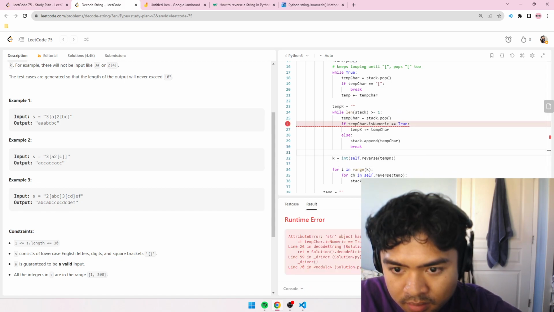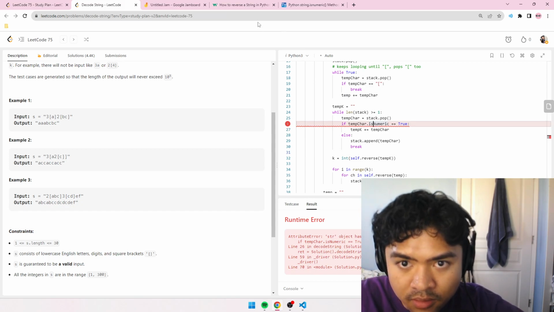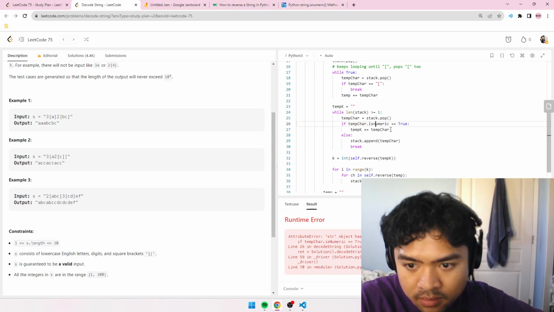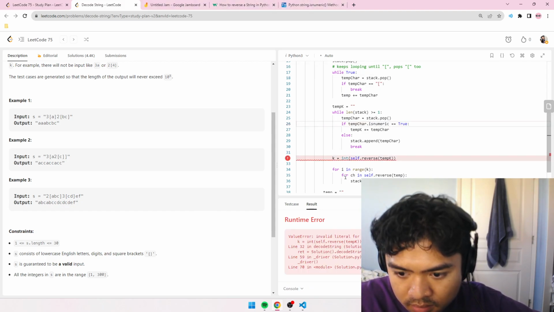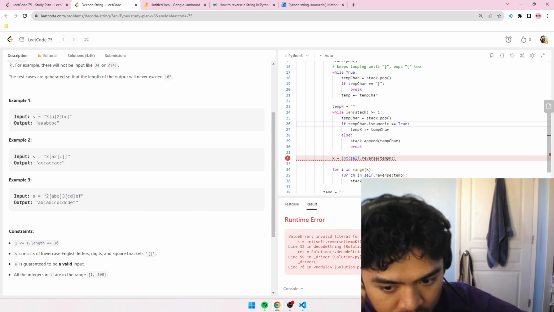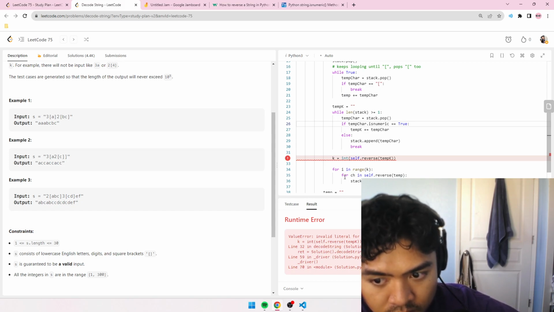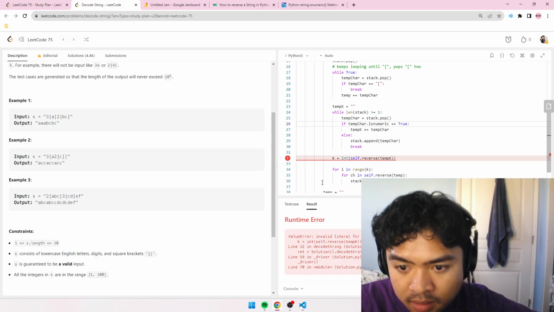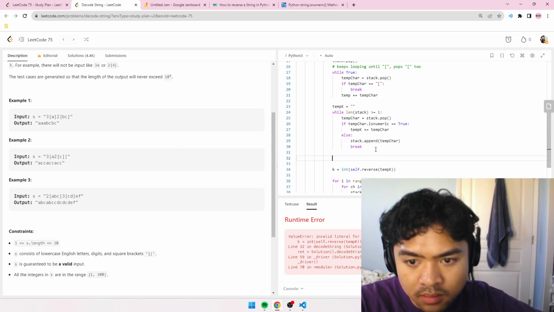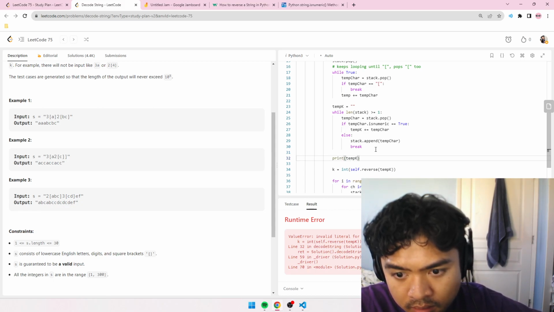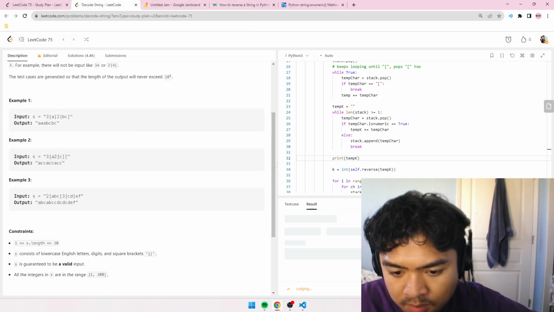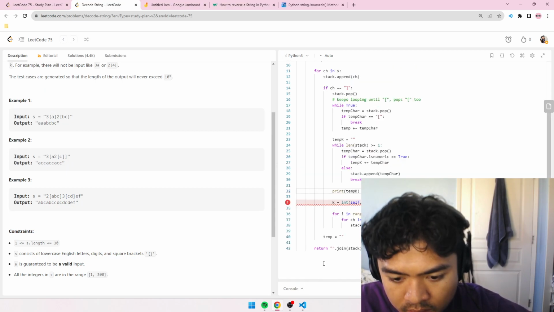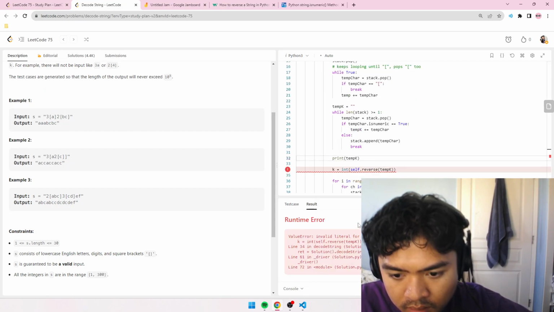Run. Temp char. Oh, wait, is it lowercase? Oops, yeah. With base 10. What's temp k? So print temp k. Oops. What's temp k? Val literal for